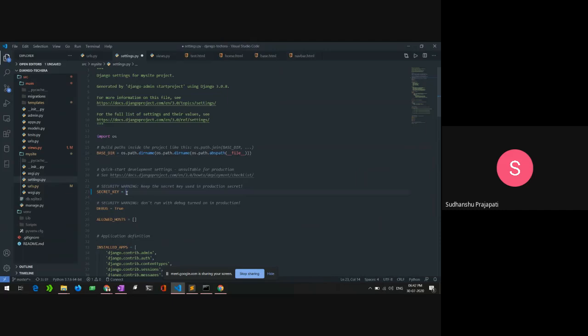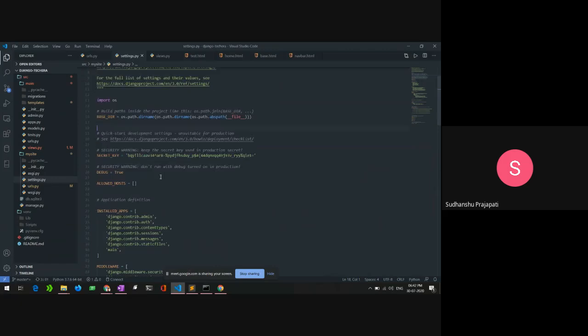That is, I will get this key from the environment, using the key name, secret key. It secures all the necessary things of your Django, because you need to secure the secret key, otherwise a person will have access to your Django project.